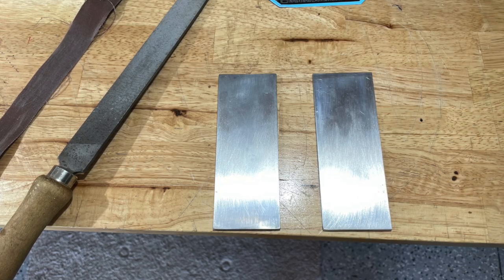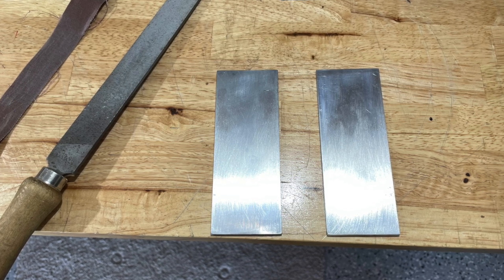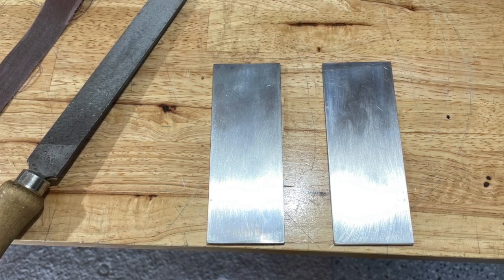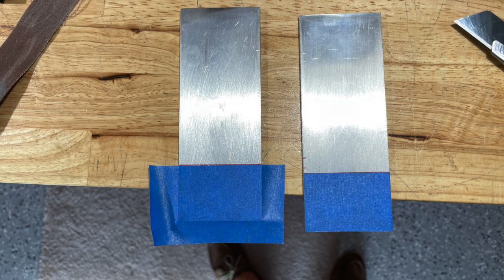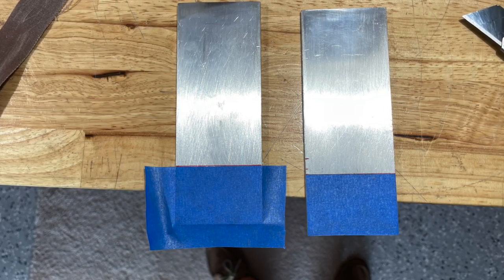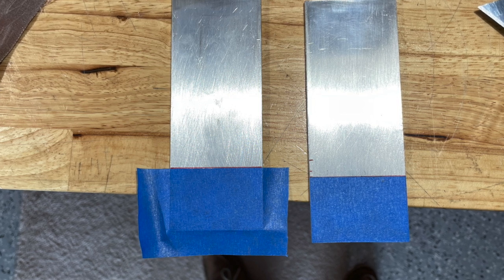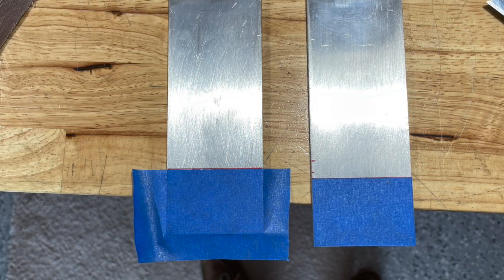So here they are finished being sanded. Like I said, if you had a finer sandpaper, you can even make them look shinier if you don't wish to paint them. Since I'm going to paint them, I do want a rough finish on them so the paint will adhere to the metal. But there is something else I'm going to do because I'm going to paint them. I don't want the paint to be 100% on the bar stock. So therefore I put tape and I measured how much I need exposed of the metal. So when I put the 3M double-sided tape on them, I want that tape to stick directly to the metal. I don't want that tape to stick to paint because paint is only maybe a thousandths thick or something like that. So I want it to stick to the metal, so I clean the metal and then I put tape over the metal, and that way when I spray it, I could just pull the tape off and I'll have